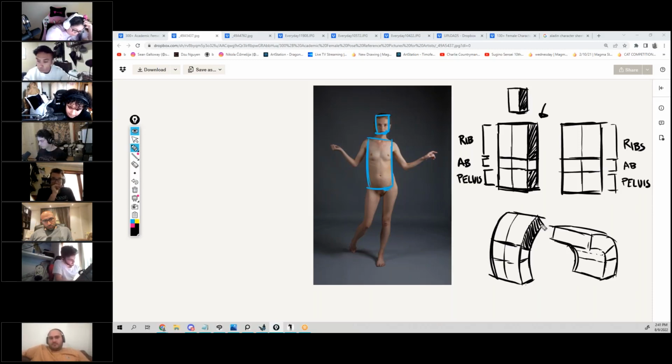And James, how would the box look if it was twisting, something like that? How would the box look if it was twisting? Makes sense. Oh, okay. Well, you could do something like